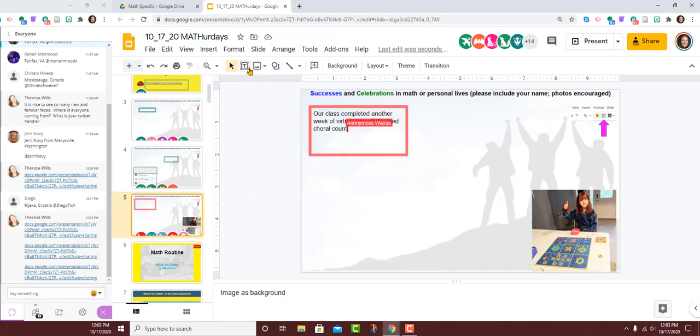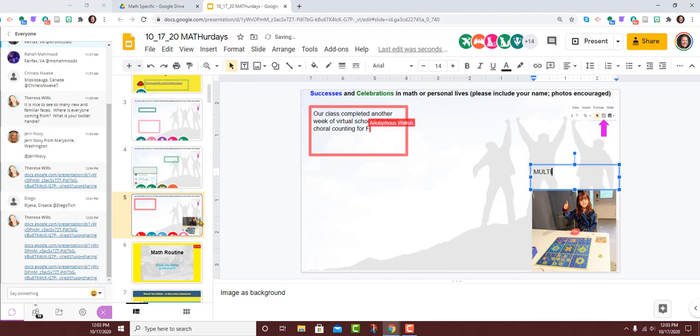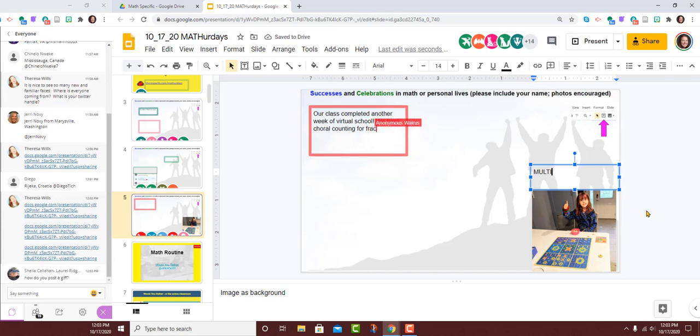I'll share my joy recently. There is a game called Multi. I've got it on slide 5. I'll try and get a link in here for you. This game is amazing. My daughter was playing with me. She's in 2nd grade. And on every single one of these tic-tac-toe cells is the products of the 1s times table, 2 times tables, 3s, 4, 5, 6, 7, 8, 9s. And she just decided, because of the type of game it was, that she needed a word for the side numbers, which is factor, and the blocky numbers, which was product. It was really cool to just kind of see that happen and it to be accessible. So that's a cool board game.